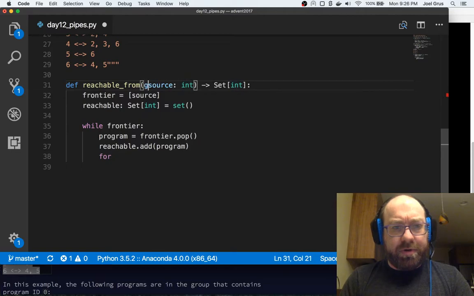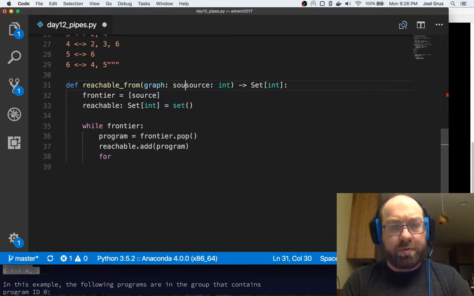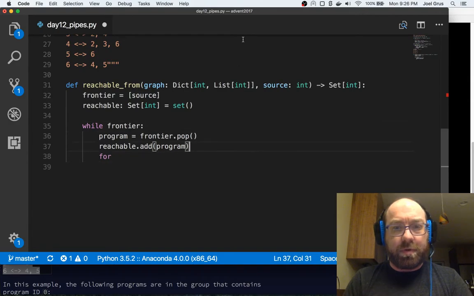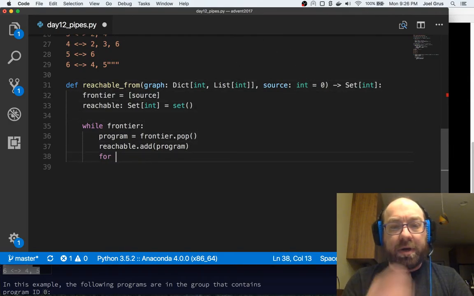so we need to put a graph here too. So graph is a dict from int to list int. Okay, so if we have a graph and we have a source, and I'll just set a default value equals 0, because that's what we want it to be. So